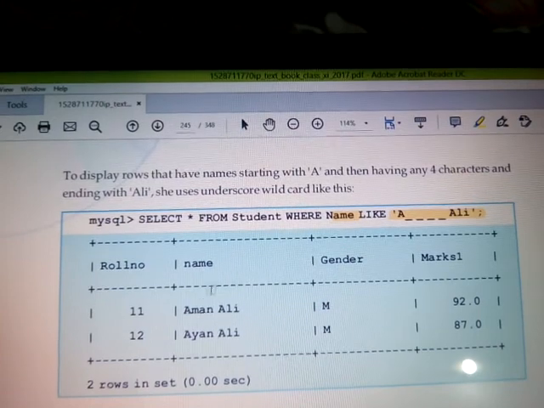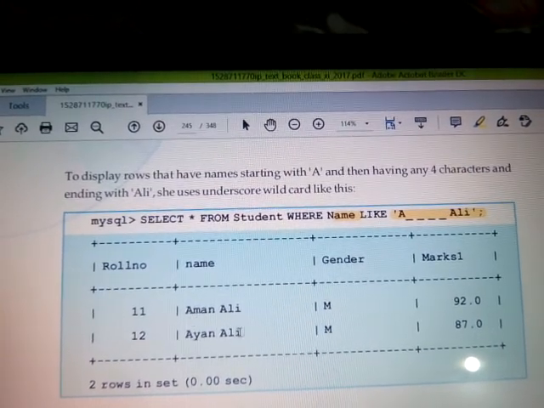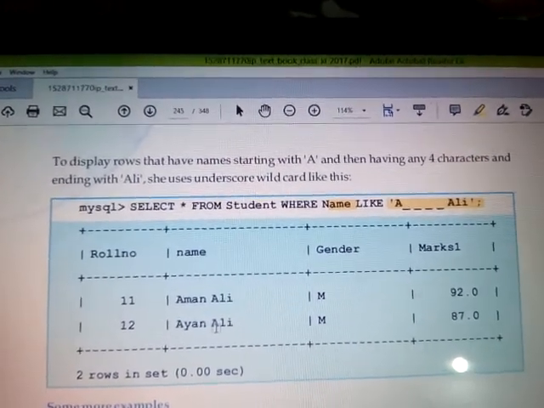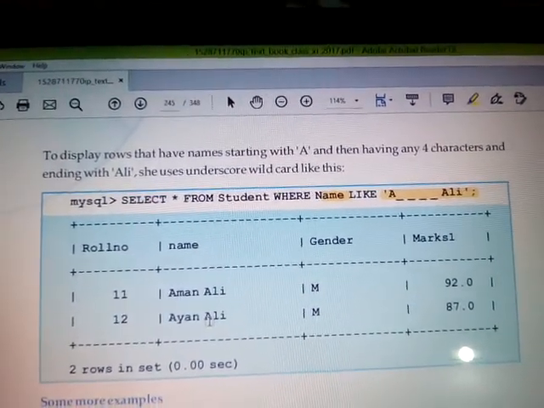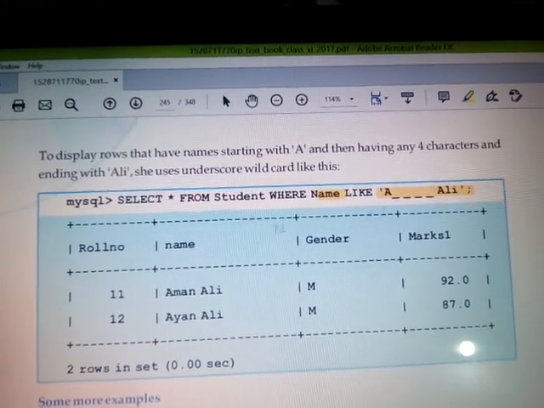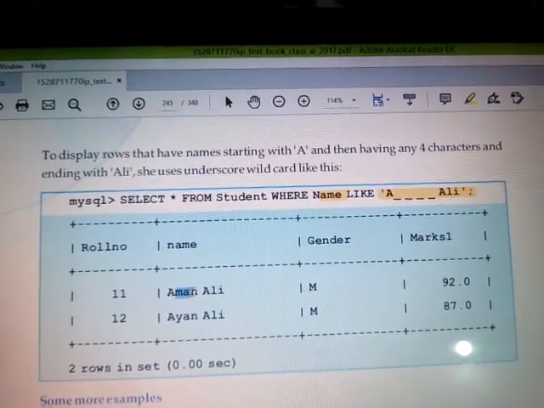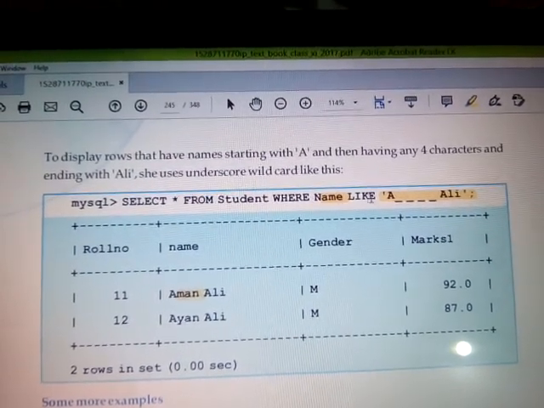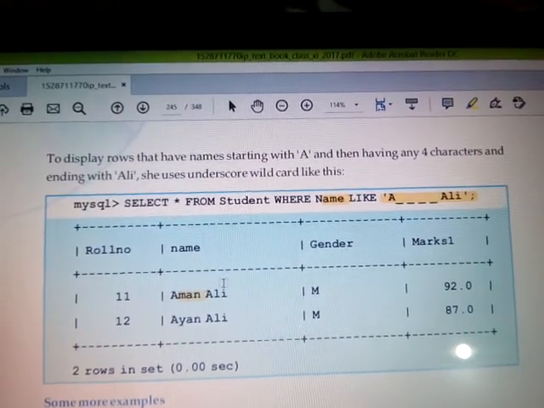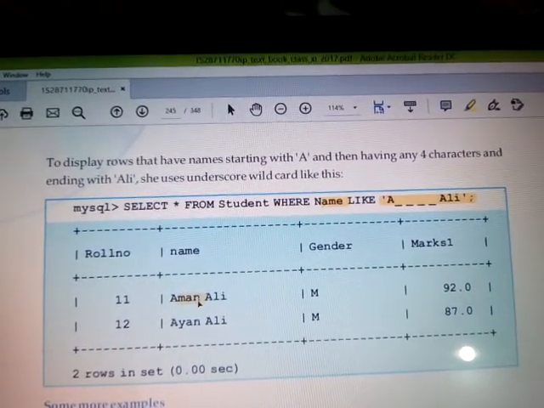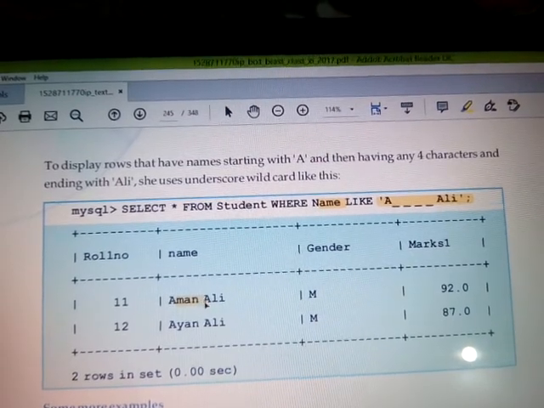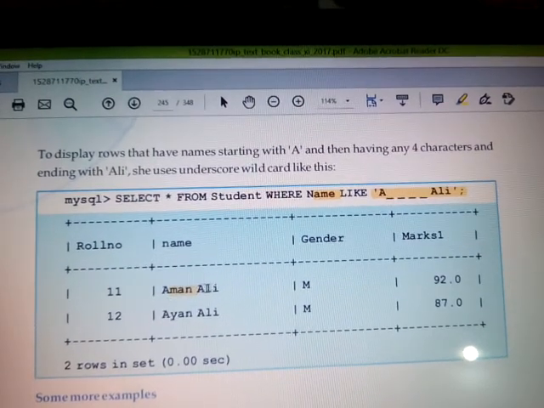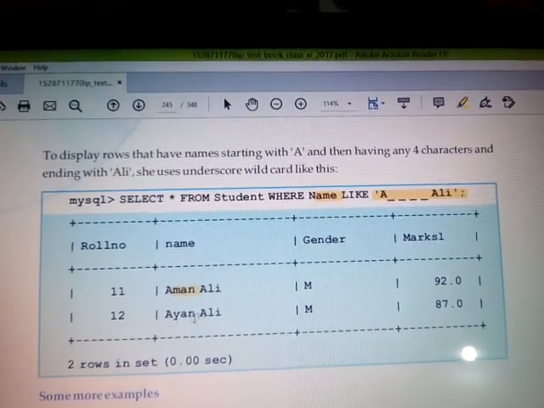The examples are Aman Ali and Ayan Ali. We are not limiting our condition to just Aman Ali. It can be Ayan Ali and it can be Aman Ali. So here we have taken 4 characters. Just make sure, if anyone asks me, ma'am, here we don't have 4 characters. A is fixed, then we have 4 spaces. MAN will be 3 spaces, and here we find a blank that is to be considered as the 4th space. So then it's Aman, space, Ali, and then Ayan, space, Ali.